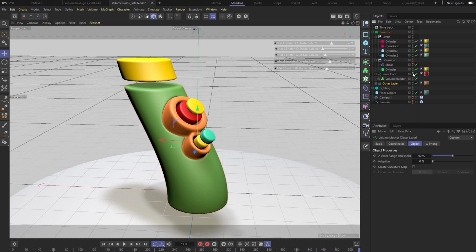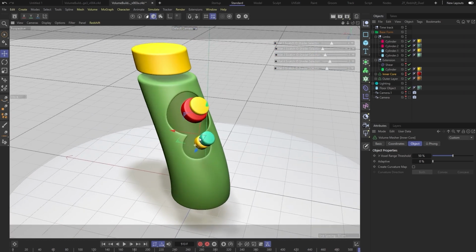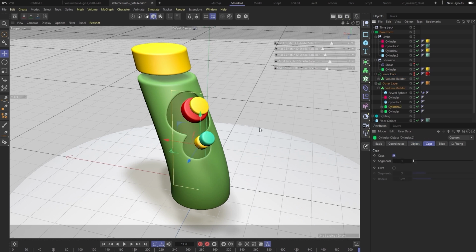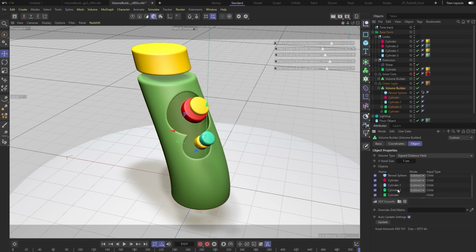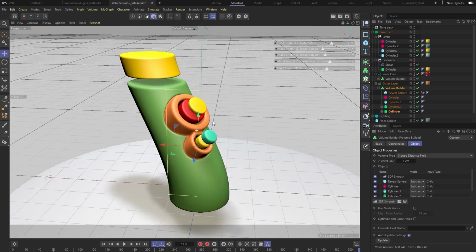If I turn off the core here, you will see that I have an empty shell built around the other one. That was just as easy as adding a thicker layer and a thinner layer underneath, and subtracting those layers from this thicker layer, as well as these protruding tree or branch stubs that we got.